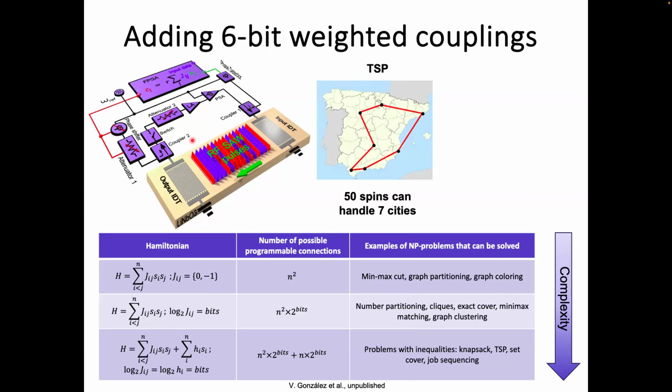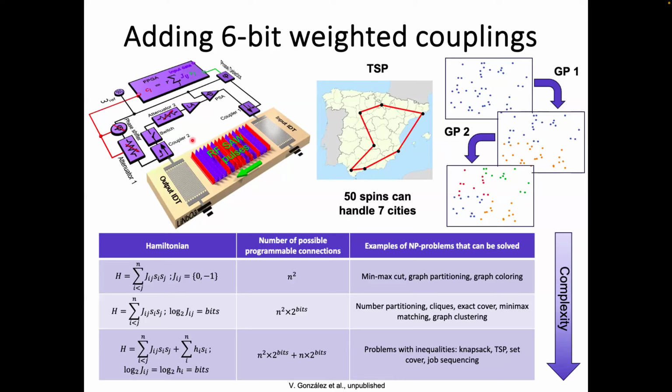But this is what Victor Gonzalez thought was important: to find the shortest route between Spanish wineries. So this came in handy when we had a conference in San Sebastian. This is the route that the system actually found. So we can solve TSP problems of this tiny size on this particular machine.